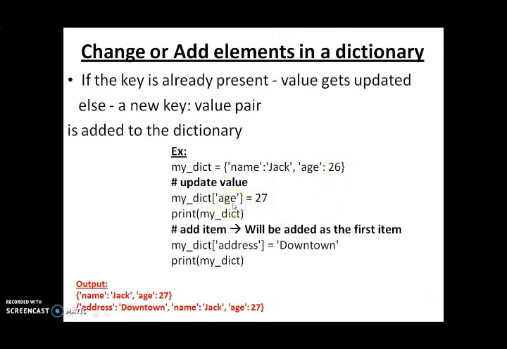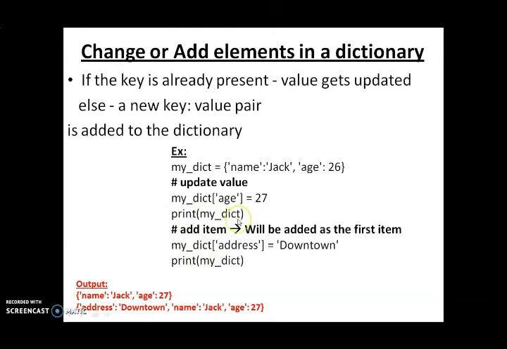So dict of, you can just give the key. That is age is equal to 27, where this 26 will be replaced with this 27. Next we are just printing it. For adding, you can just give the dictionary name and you can just have the key in the square brackets. So here we are going to generate a new key called address and we have given the value as downtown. That's all. So now we are printing the dictionary. You can see the output here for this print statement.